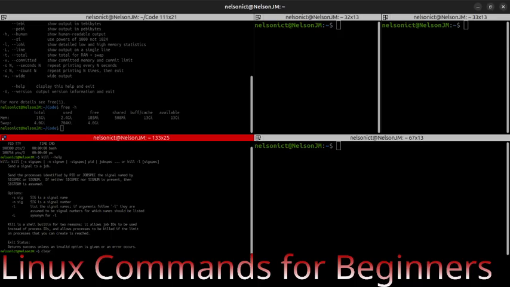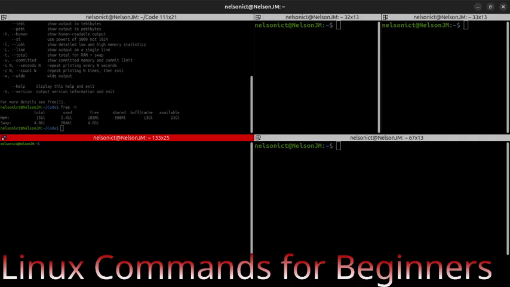Then we also have the network related commands, because anytime you are connected to a network, you always want to know your IP address. So you can use ifconfig. As you can see, it is not installed. If my system is connected to the internet, I can install that, but if not, then I need to run this. So this is the Ubuntu